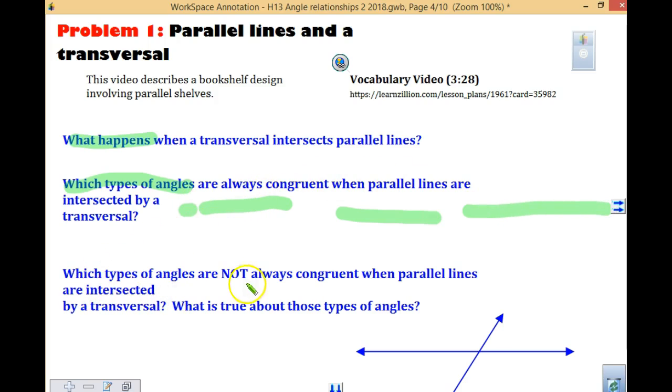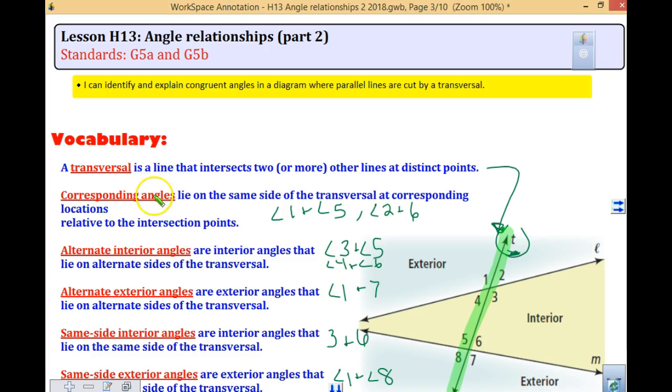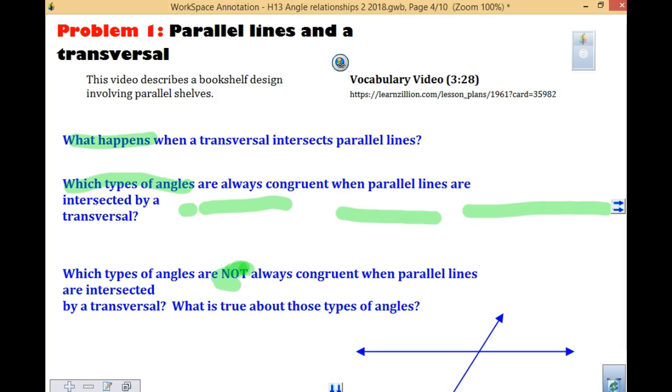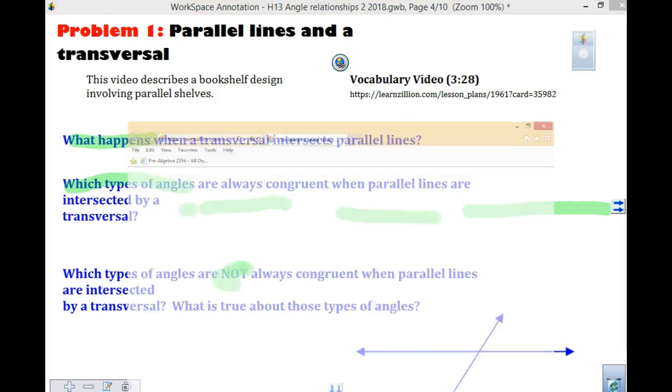And then it says which type of angles are not going to be congruent, and we're thinking about the definitions from this last page. So corresponding, alternate interior, alternate exterior, same side interior and exterior. Those are the words that I'm kind of looking for as you would be filling this in. So as we watch this video,